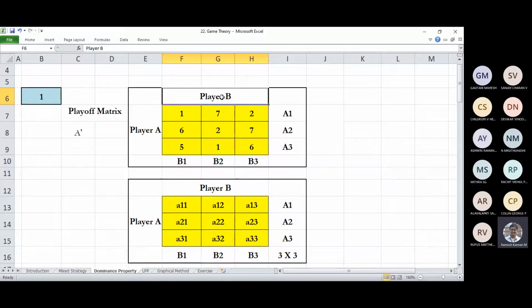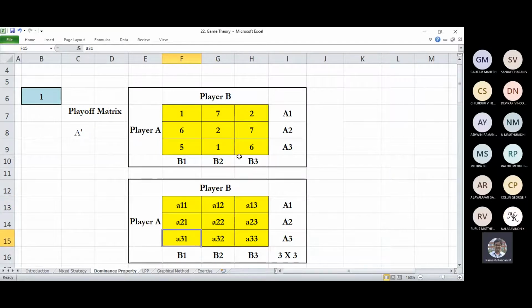If you look at it from player B's perspective, that's basically the payoff matrix. Our objective is to optimize, or to find the saddle point or the optimal point, which maximizes the value of this game. That's the basic objective. This is a 3 by 3 matrix, and these are the cell elements. This is for your understanding. Our objective is to curtail it to a 2 by 2 matrix.